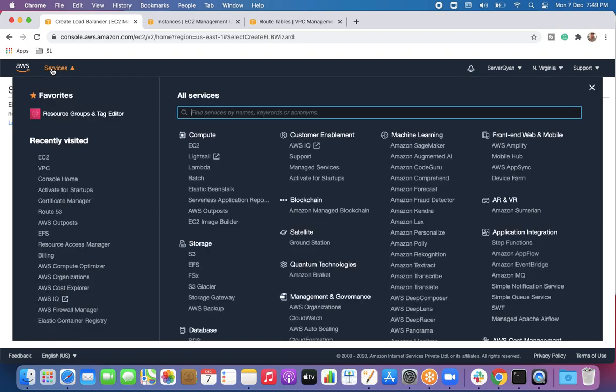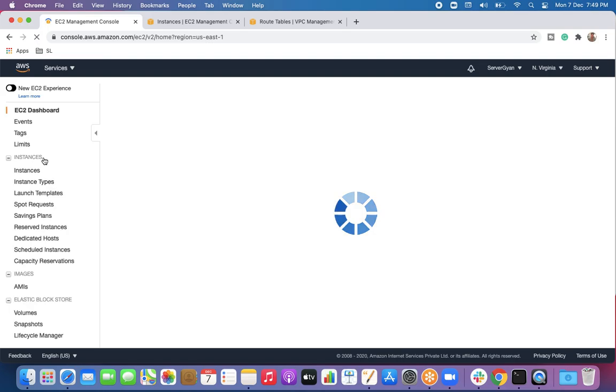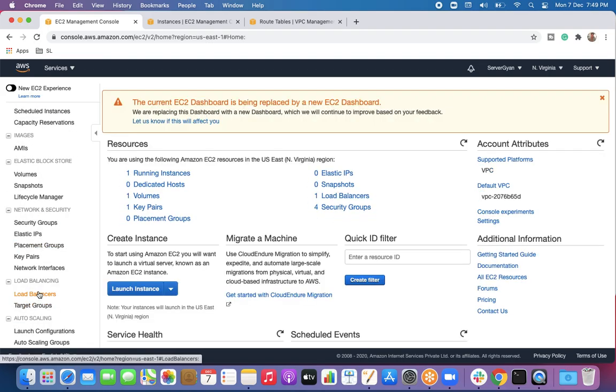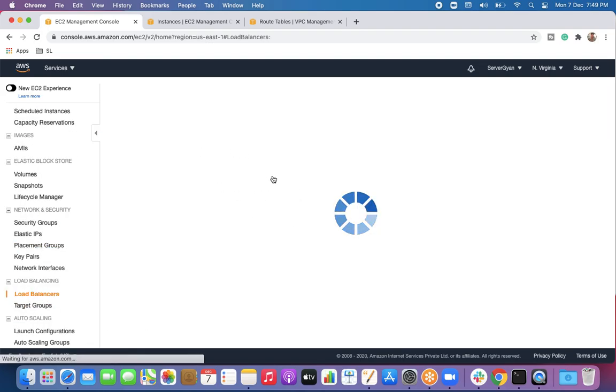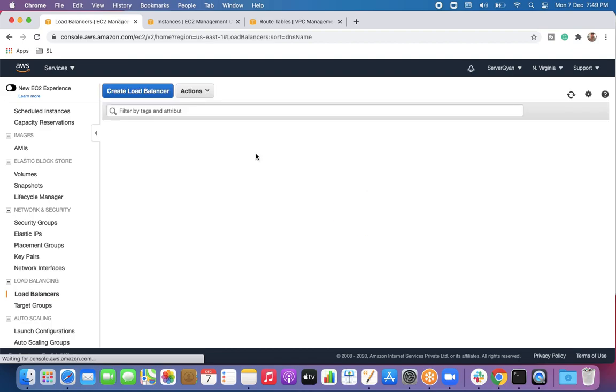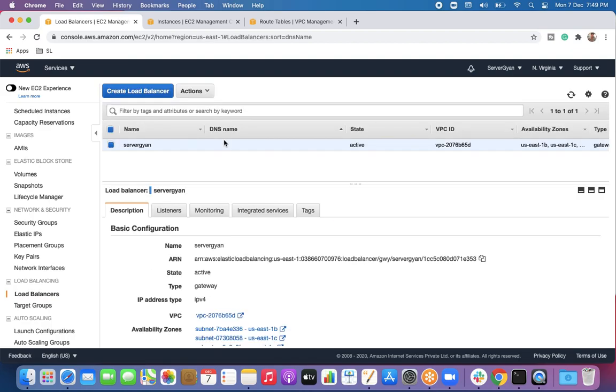If we go back and want to check the particular services, we will go to EC2. Then we are going to go to the load balancer section, and the load balancer is created here. Now what you can do here is configure it as a gateway. This load balancer can be configured as a gateway within your VPC, right? So if you want, once again you can delete it, or configure it however you want.